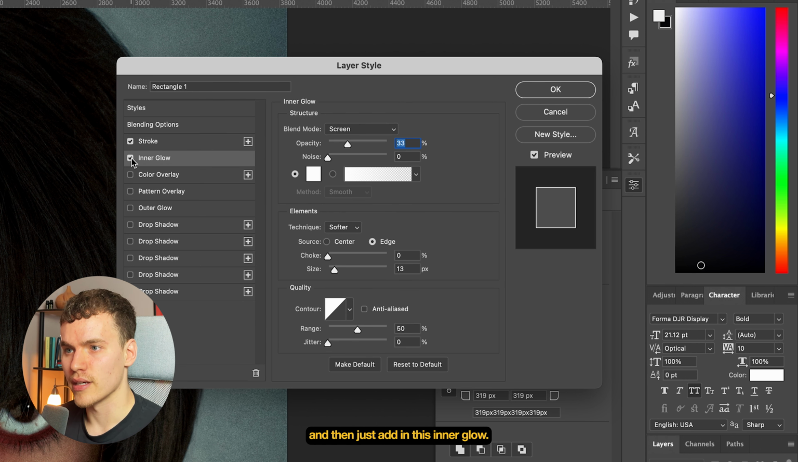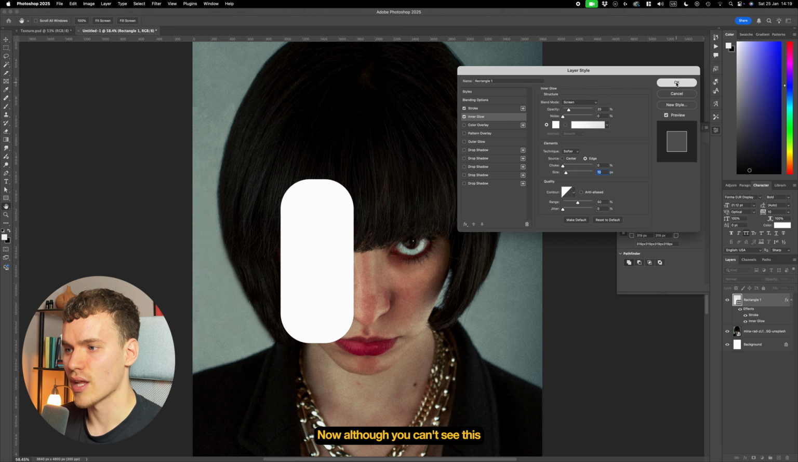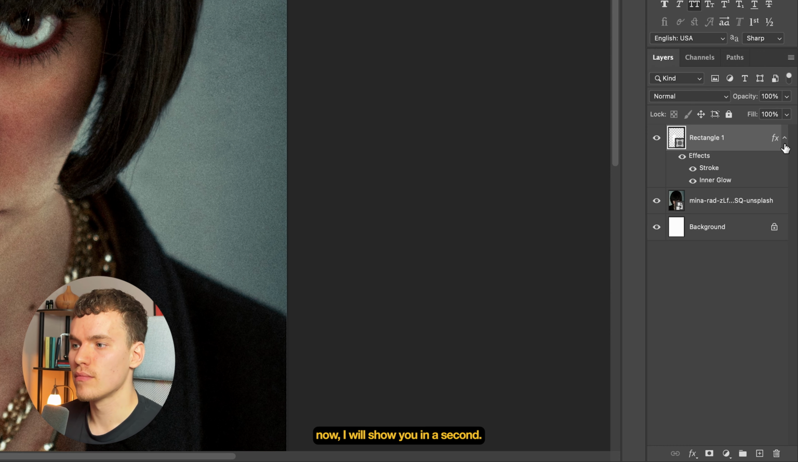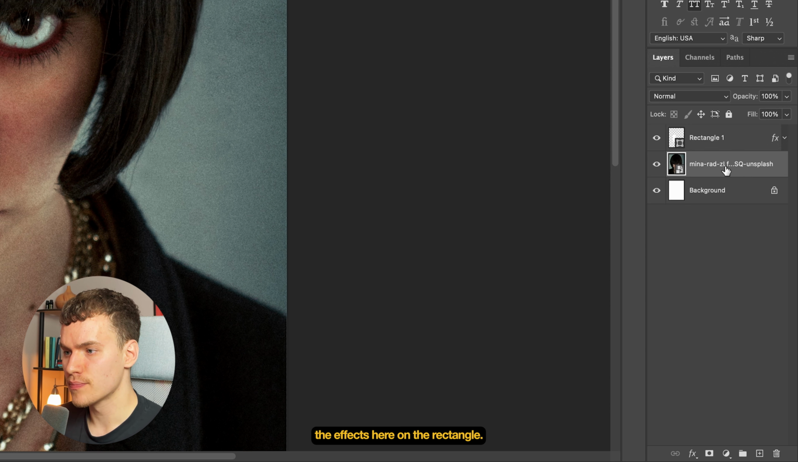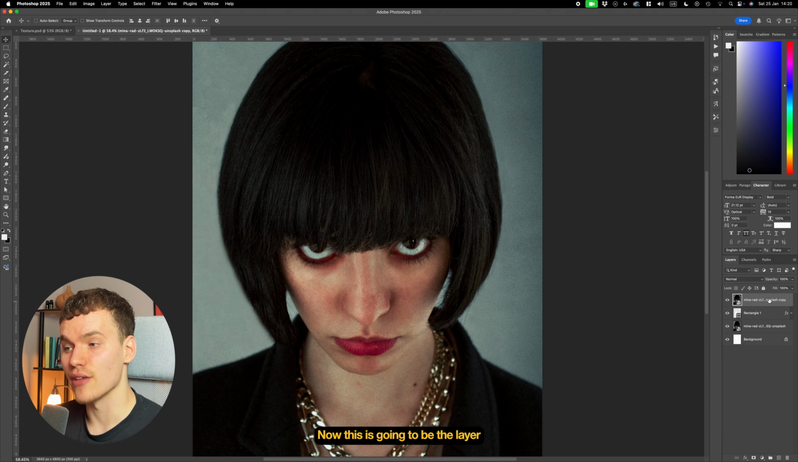I'm going to add a stroke and then just add in this inner glow. I'm going to put the opacity down to maybe 20 and keep the size to about 10. Now although you can't see this now, I will show you in a second. Now we can just collapse the effects here on the rectangle. We're going to select our image layer, duplicate this and drag this above. Now this is going to be the layer we apply the effects to,